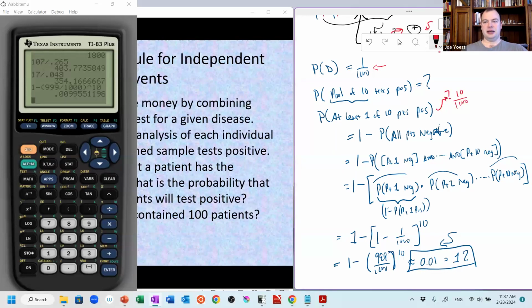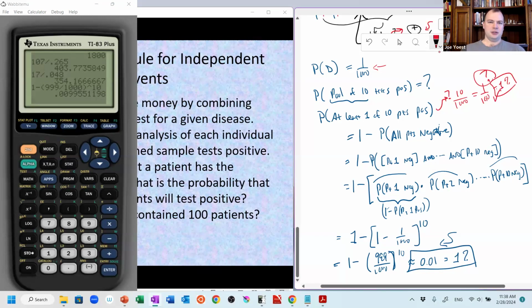So could I have just done 10 out of 1,000, which is 1 out of 100, which is 1%? Could I have done that? This is an exact 1%. We get an answer that's kind of close, but we see that that's not actually the right answer. It rounds to about the right answer,